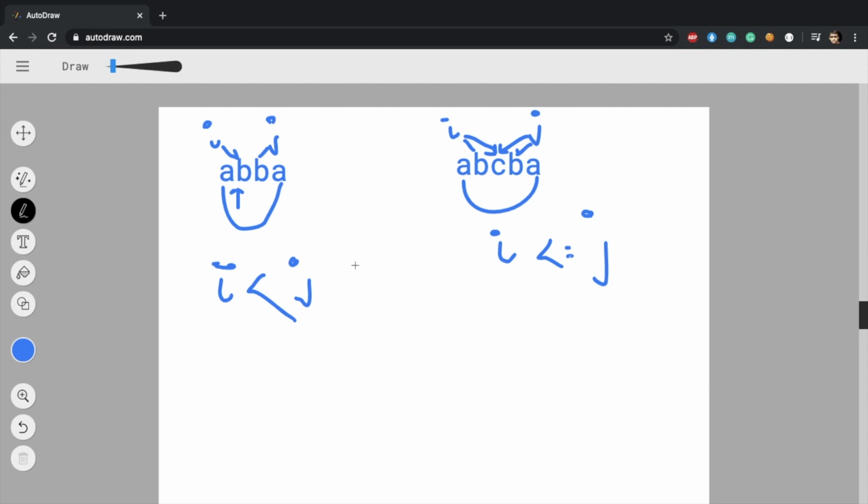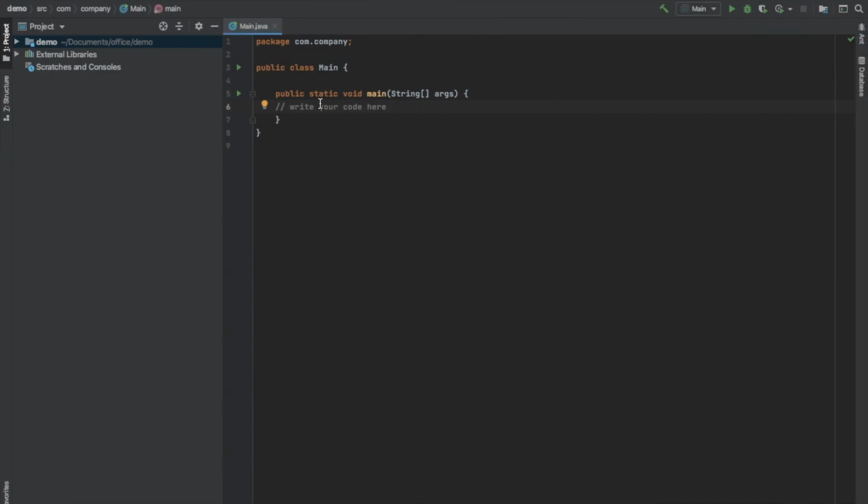So we have taken these two cases to understand what our base case will be, because in even length the base case is i less than j, and in odd length the base case is i less than or equal to j. So let's quickly write a program to understand, and we will see after debugging what's happening in the backend. So here is this program.